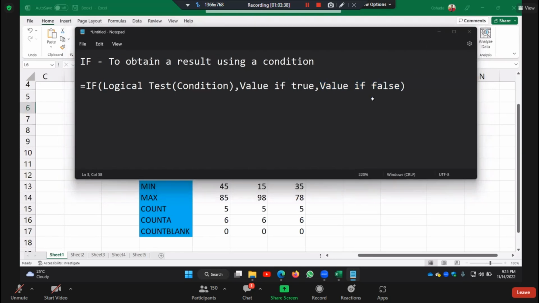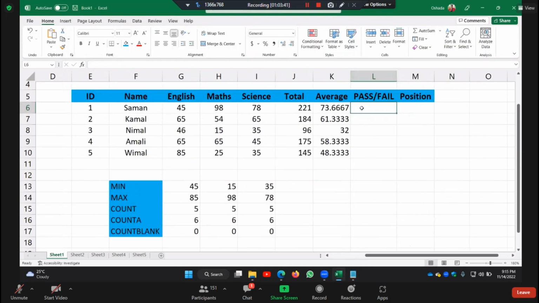To get a better idea, I'll write the function here. I'm going to take the pass and fail from the average. My criteria is if the average is more than 50, he's pass, and if it is less than 50, he's failed. So what I'm doing here is writing equal if, and I'll open a bracket and you can see that when I type, it asks for the parameters. It is asking me for the logical test. Logical test means the condition. So what I'm going to say is if